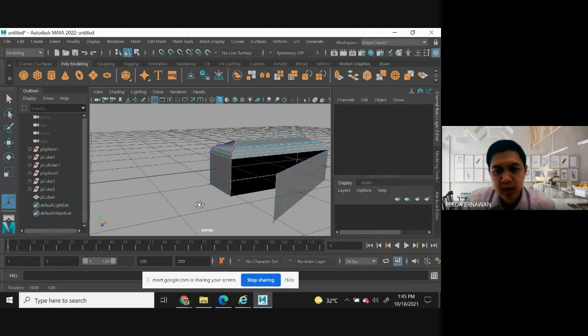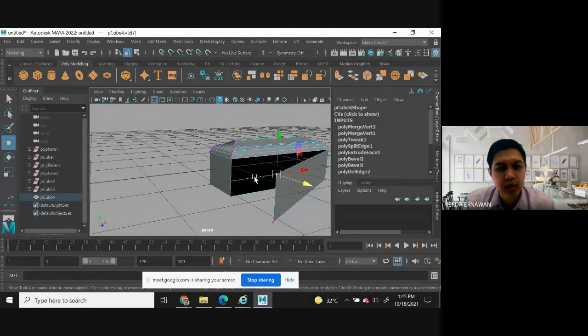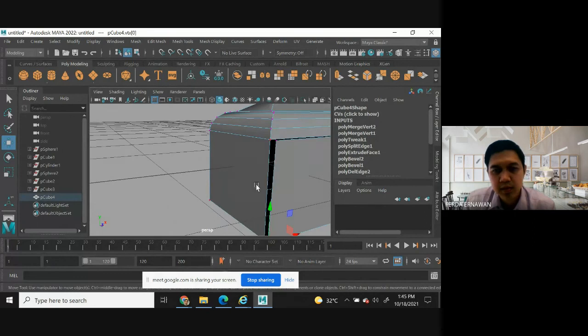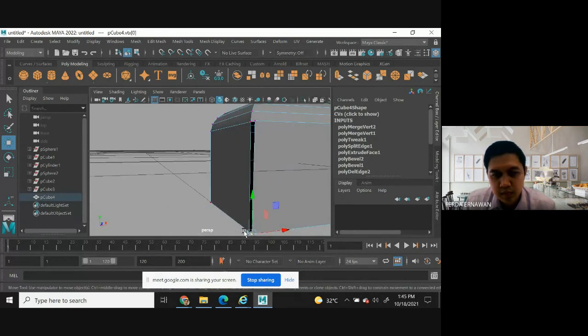Okay. Next one. The rest. I select again this one, and then W. Okay. I make it closer like this. Two points. There is the yellow here.